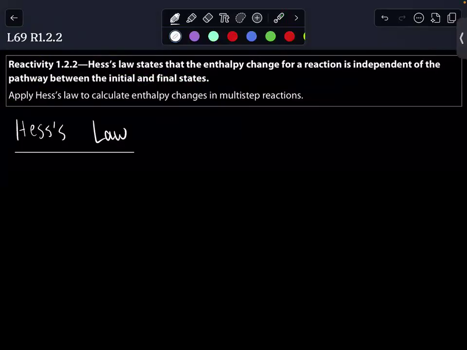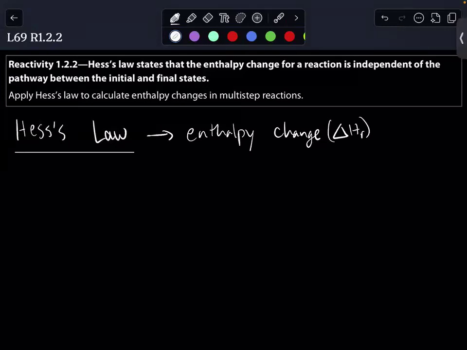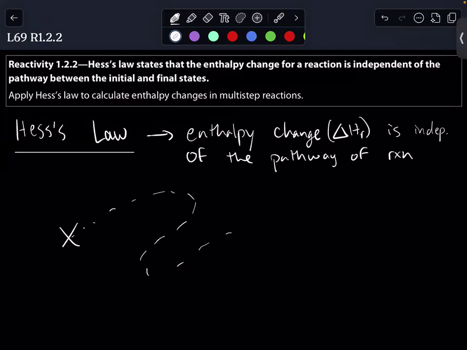So let's reiterate that. Hess's law says that the enthalpy change, delta H, of a reaction, I'll do a little R, is independent of the pathway of reaction. Basically, the idea is if you start on the X and you take a path and you're doing